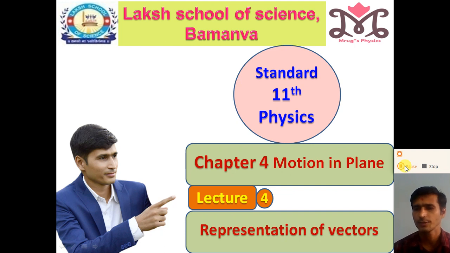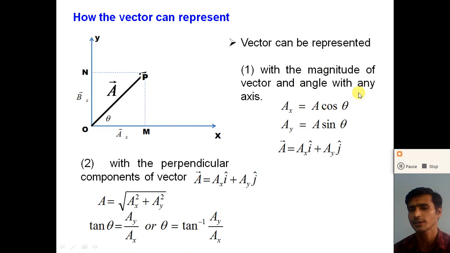Now in this video we will discuss how we convert a component form of the vector to the magnitude and the angle. So how we can calculate the magnitude of the vector and the angle with the positive x-axis from the component form of the vector, or from the magnitude and the angle, how we can convert this vector into its component form. So in this video we will discuss some examples, textbook examples also, right? So let us start, or let us revise the method to represent the vector.